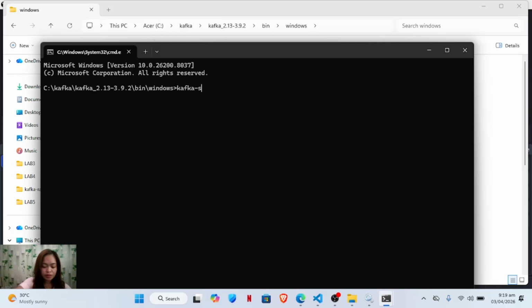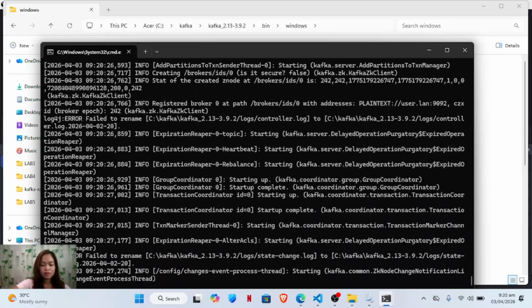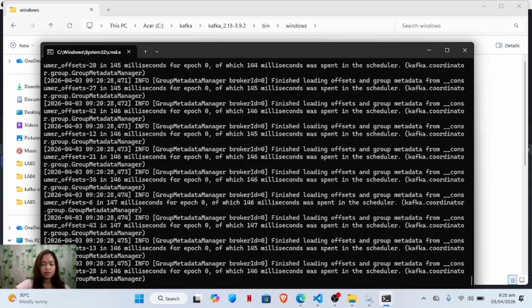So kafka-server-start, backslash, config, server.properties.